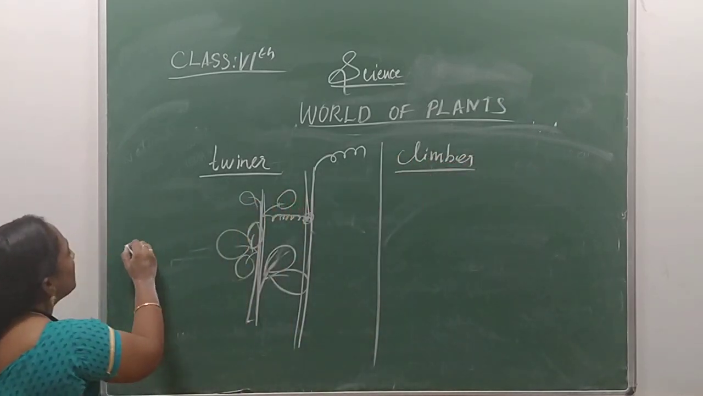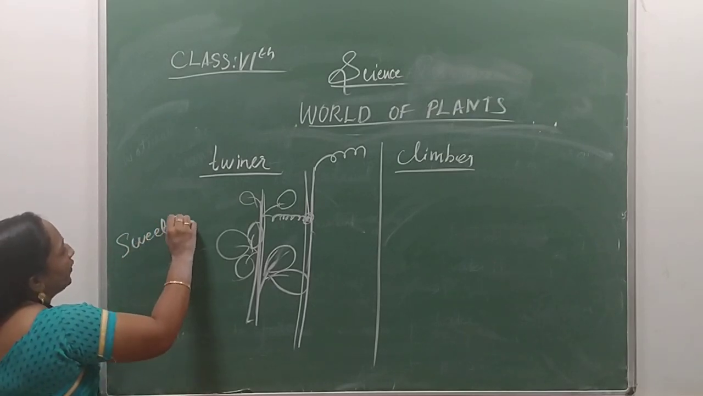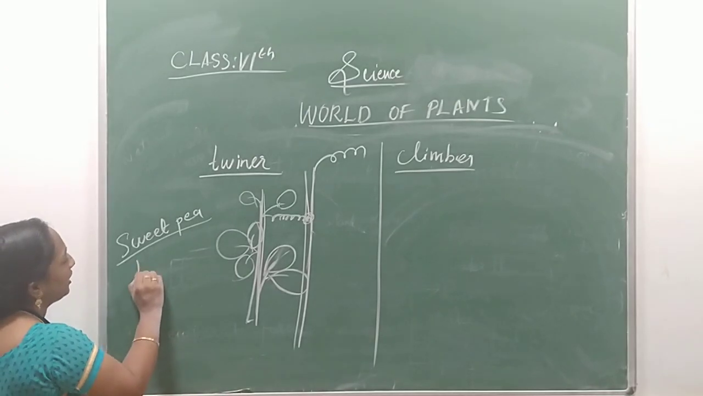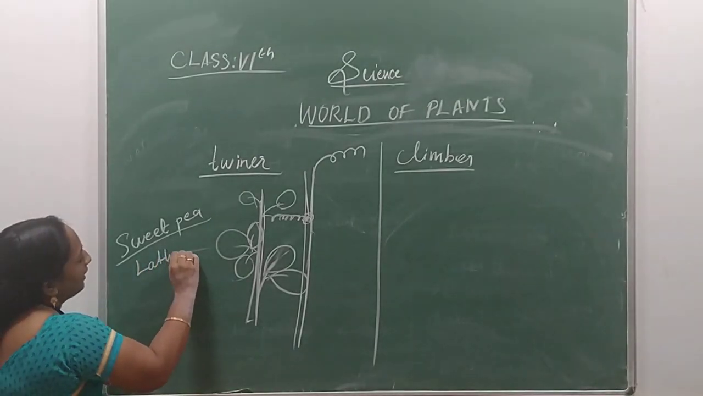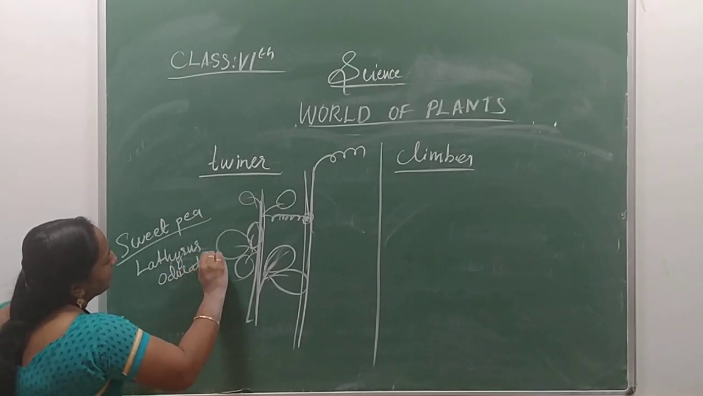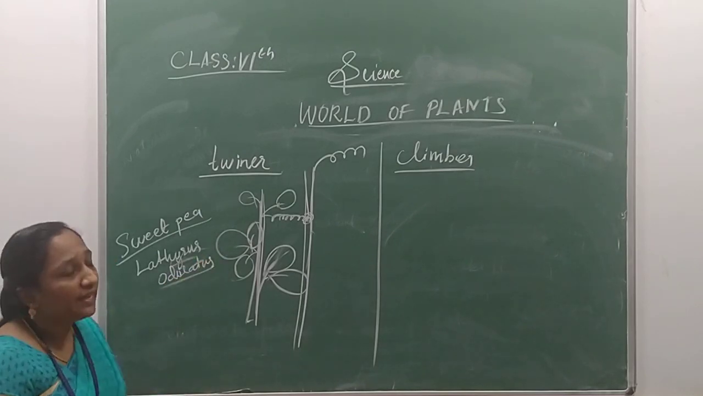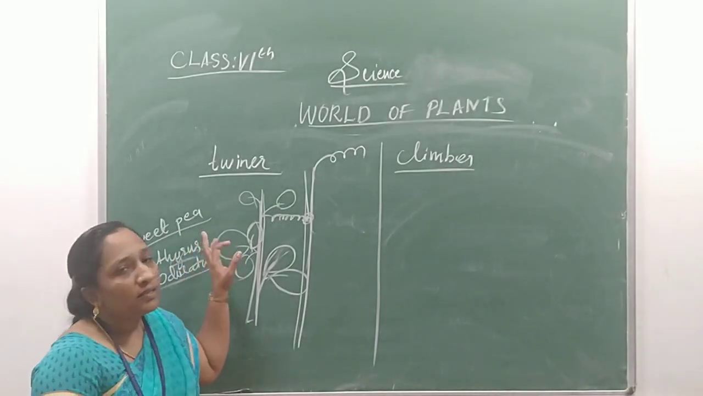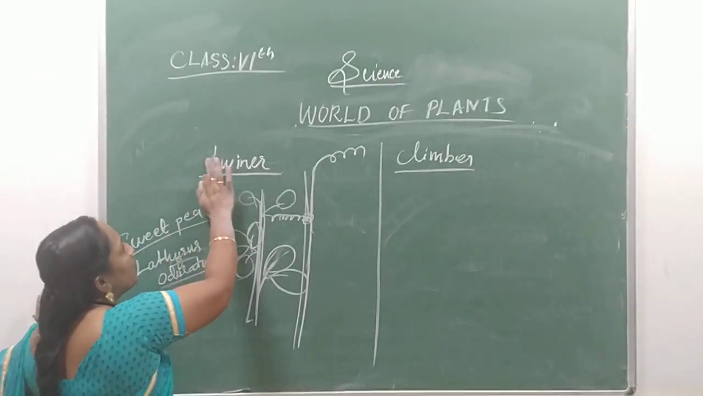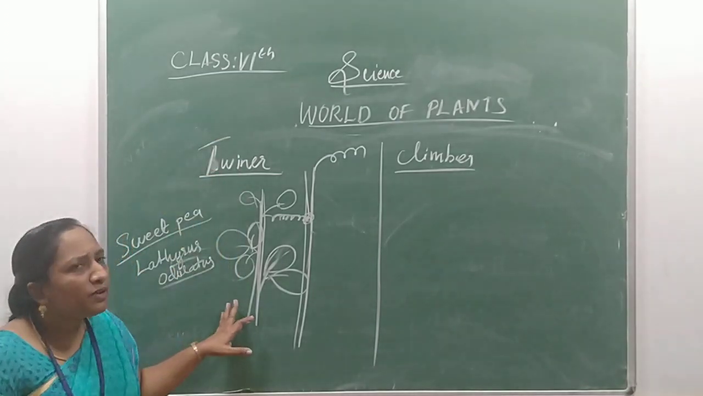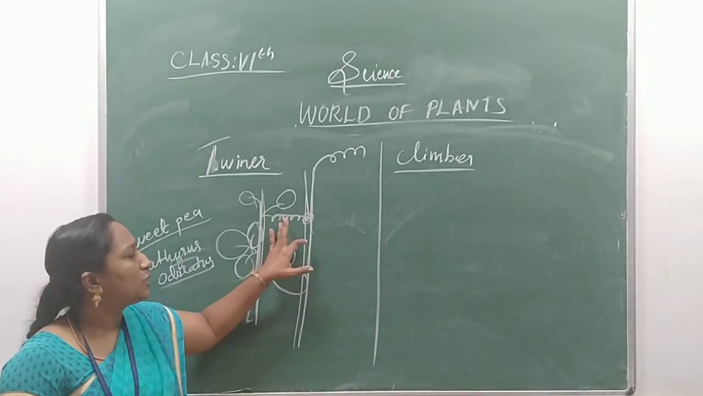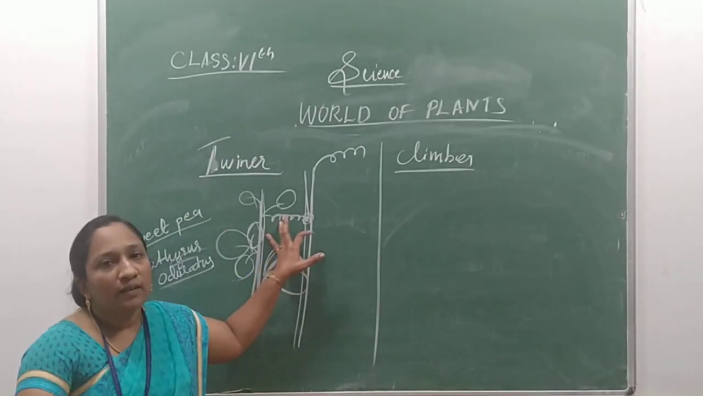So for this example, sweet pea. Sweet pea, Lathyrus odoratus is the scientific name of this sweet pea plant. Sweet pea plant is a good example for the twinner. What is twinner? A weak stemmed plant having a spring-like adaptation which is useful for the attachment and getting support from the nearby